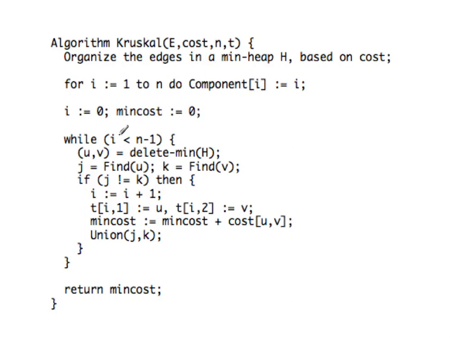And now we do the following. So i keeps track of how many edges we have actually added. Now here, remember, when we look at an edge, we may or may not add it. In Prim's algorithm, we always pick up an edge that we will add. So we know in advance that we can do something n-1 times. Here we will have to pick up each edge and decide whether to add it or not. So we keep track of a counter of how many edges we have added,